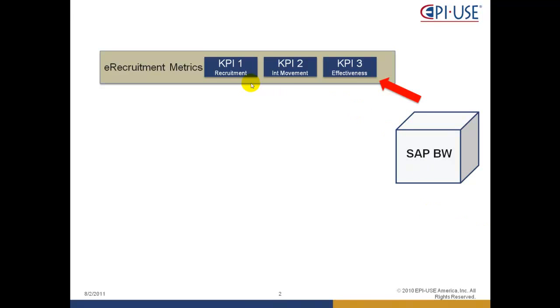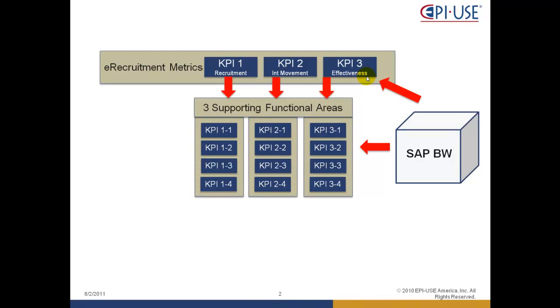Another way to look at this is for your KPIs to be in the form of categories, which is another acceptable way of doing this, which we've done here, where KPI 1 is really an index or a summary of several recruitment metrics. KPI 2 is an index or a summary of several internal movement metrics, and then finally recruiting effectiveness. But once these have been identified for your organization, it's best to move to the next step, which is